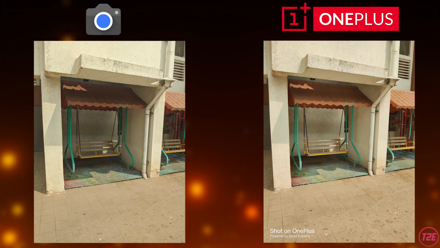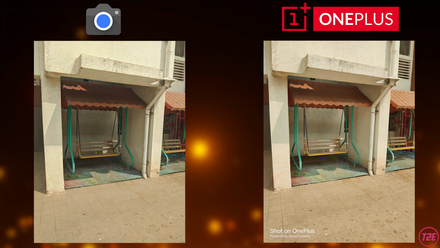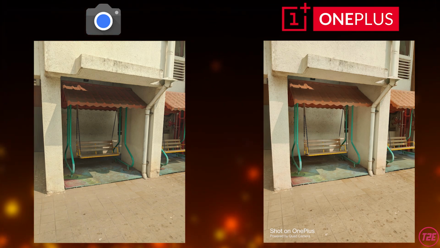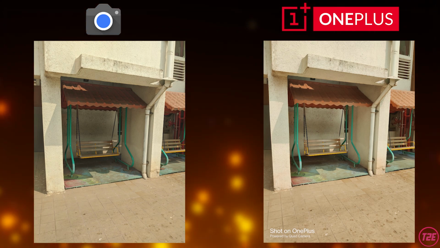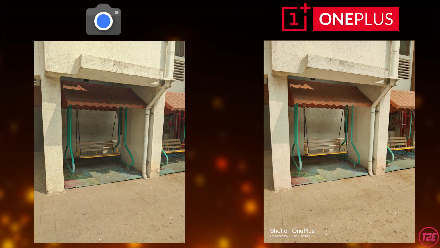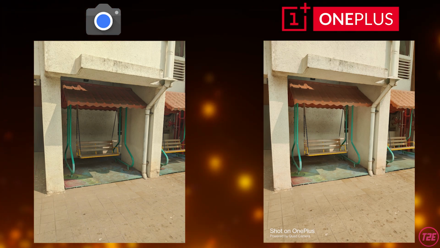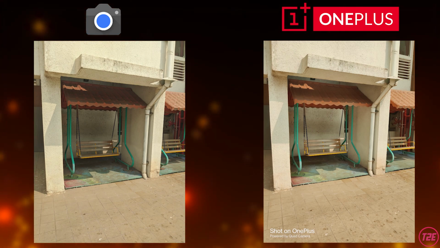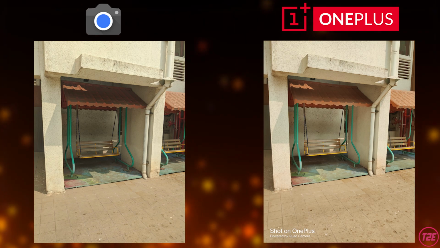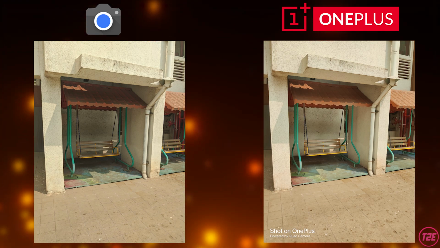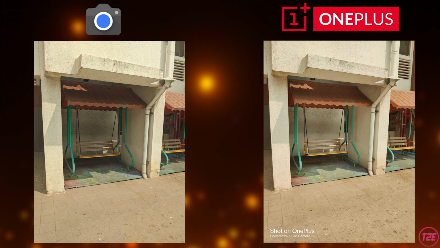Going on to the fourth photo guys, this is again an outdoor photo, and in this one you can clearly see the shadows near this enclosure. You can see that the shadows are a bit dark, whereas in the Gcam one the shadows look really bright, very well exposed, and overall the photo with Gcam looks more realistic again. So that's one thing I've noticed, the OnePlus stock camera app is still struggling with a lot of shadows, in darker areas of the photo.